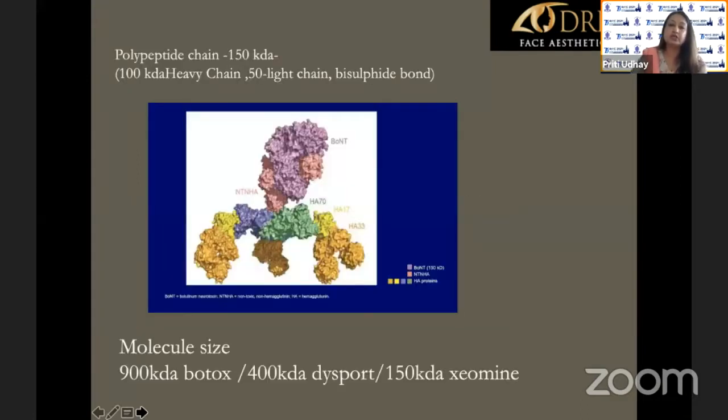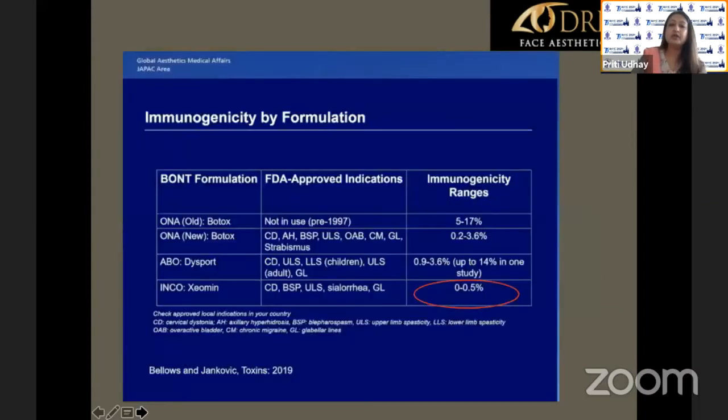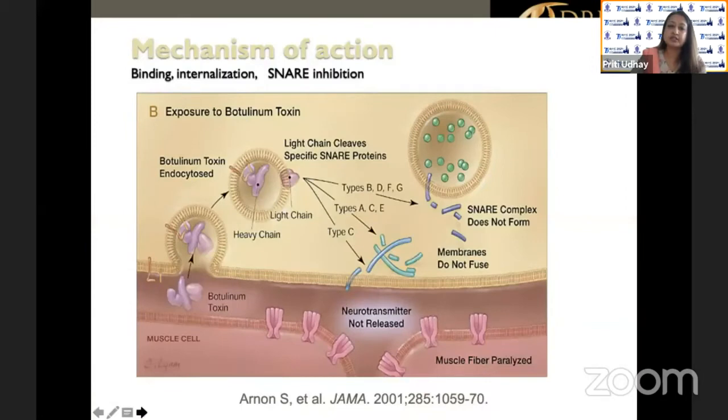Now, coming to the molecule per se, the molecule of Botox by Allergan has two components: the neurotoxin protein component, which is 150 kilodalton, and the other associated proteins which stabilize the molecule. These associated proteins are present in Botox and Dysport, but not in Xeomin. But the 150 kilodalton neurotoxin is present in all three, and therefore you can have neutralizing antibodies to the neurotoxin in all three products.